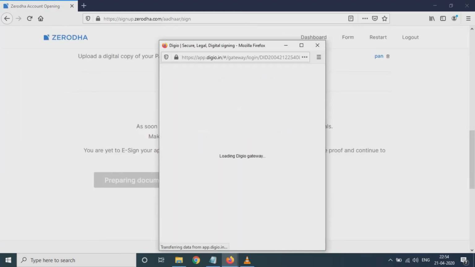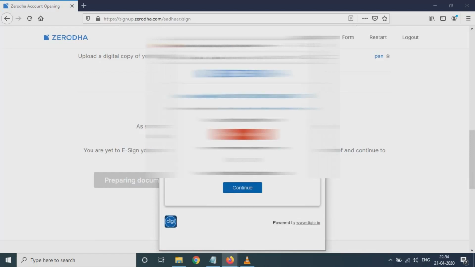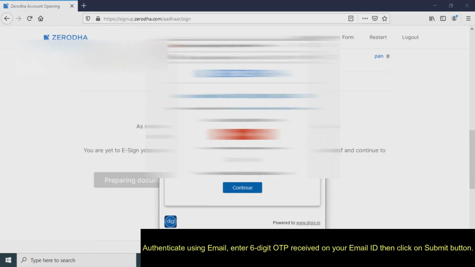Once you click on e-sign equity, it will take you to another page where you again need to verify with your email ID. The security code will be sent to your email ID.